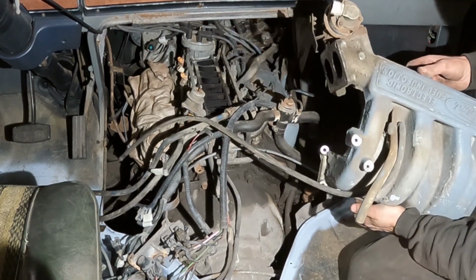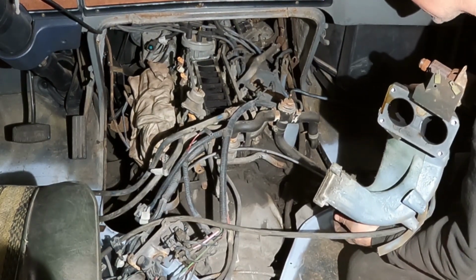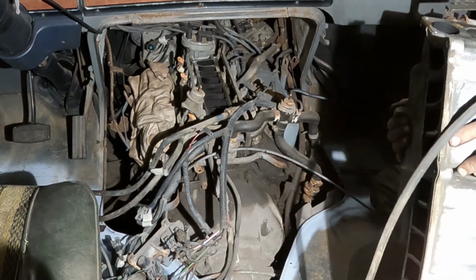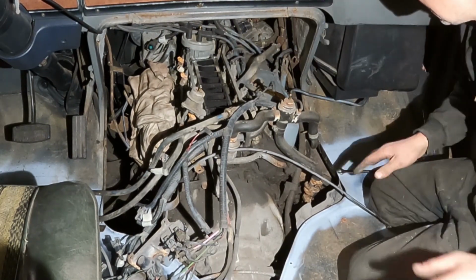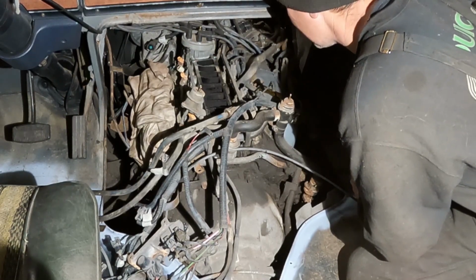Ta-da! Ford fuel injection. Oh, shoot. Did I just dump a bunch of oil out of somewhere? Oh, bam, look at that. Perfect. Look at that. Now we got access to the top of the engine. So